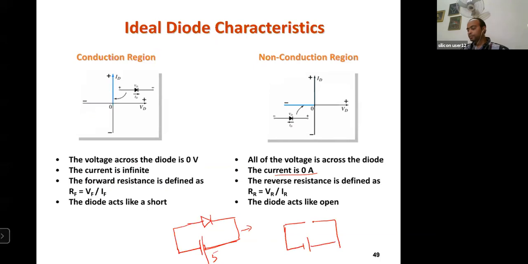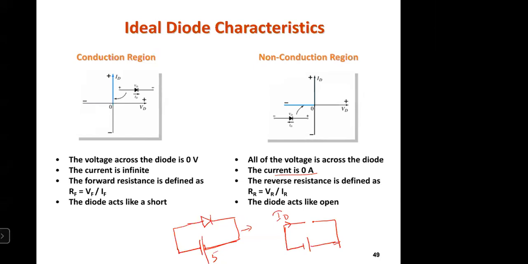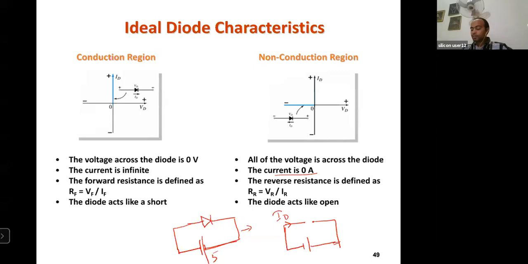Okay. So here, how much will be the current in this circuit? How much will be ID? Whether the circuit is complete, whether the circuit is completing its loop. Tell me whether the circuit is completing. No, sir. I don't have a path. The diode is off means what? I don't have a path. So the current ID is equal to 0.